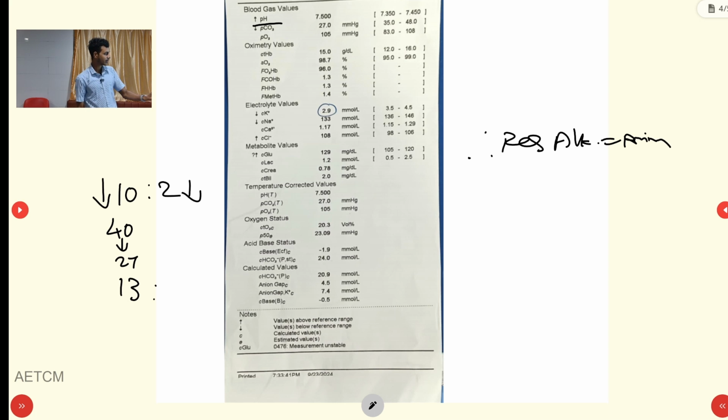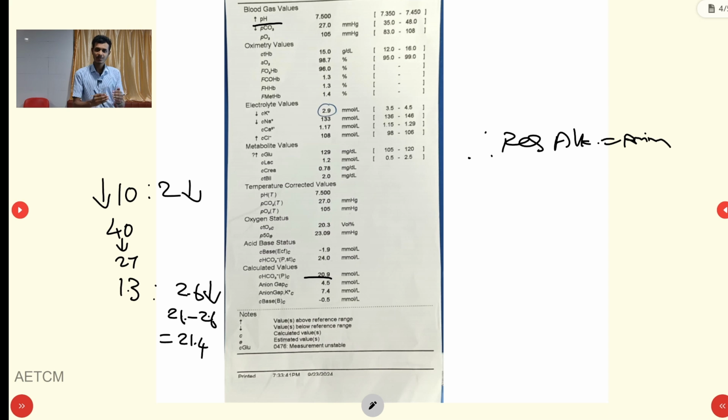So how much HCO3 are you expecting here? 1.3 means you will expect 2.6. So a 13 decline means you will expect a 2.6 decline in your HCO3 level. From 24 minus 2.6, it will come to 21.4. That is our expected HCO3 level in this case. In our ABG we have a value of 20.9. So it is indicating